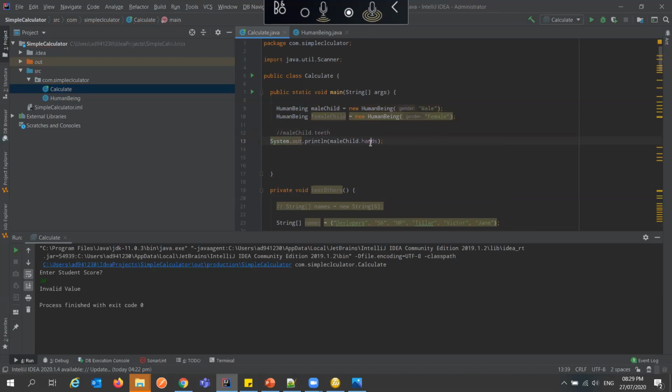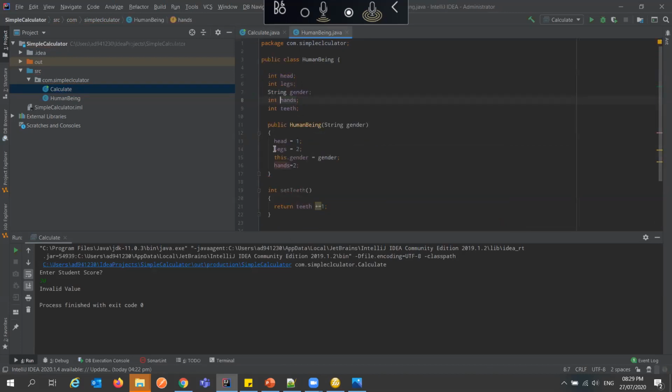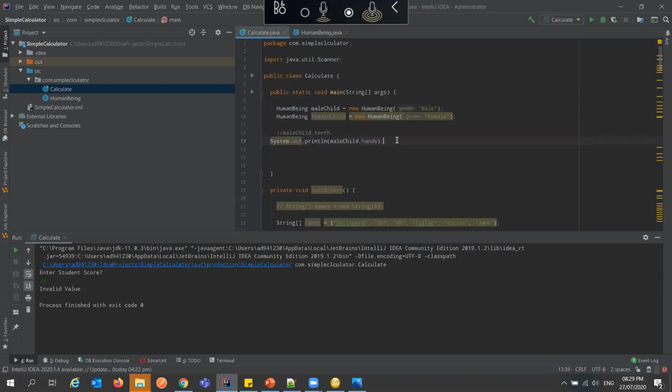So remember, what is the value of the hand that I set? 2. So once I print it out, I should get a 2 automatically. Just by creating this object, I should get 2 as the hand, because it has inherited the properties of this, what? The human class. And so whatever value we have set in the constructor would come out. So let's see that in action.